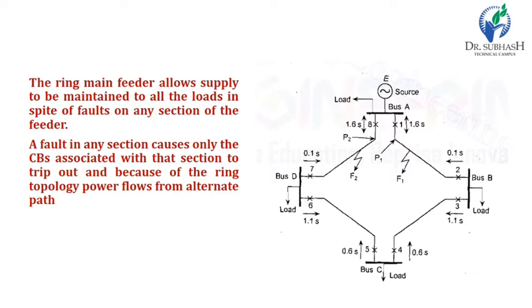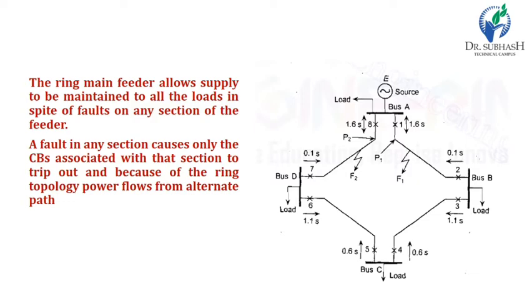As seen in the figure, where fault F1 occurred between bus A and bus B, the fault current will flow from bus A to F1 and from bus B to F1. So this is the direction of fault current. So number 2 has to be employed with directional feature,